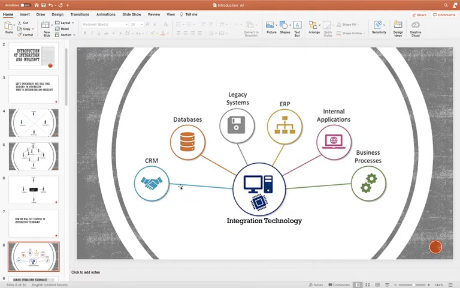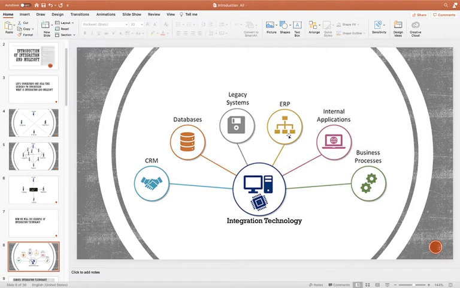For example, from here we are getting an XML message with first name and last name, but this ERP system accepts JSON format and wants only name. So first we convert the message from XML to JSON format, then we combine first name and last name into name, and then pass it to the ERP system. In this way these two systems are able to communicate with each other. That is the importance of integration technology. I hope everyone is clear with this concept.